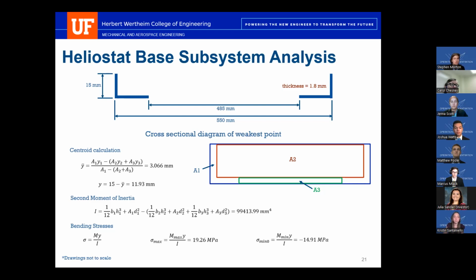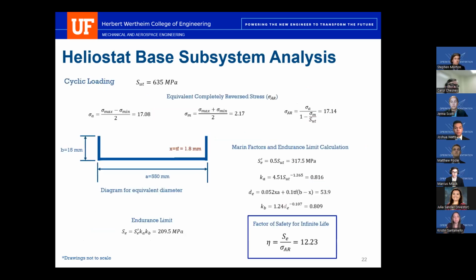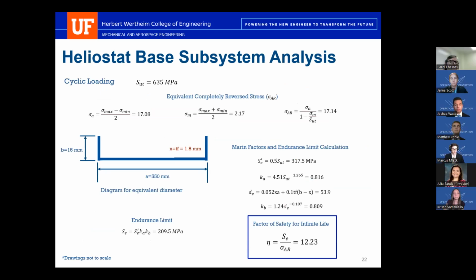We can also use the centroid and the maximum distance from the centroid to find our maximum Y value, which we use in the bending stress equation. We found a maximum bending stress and a minimum bending stress. Using the maximum bending stress and minimum bending stress, we found a mean bending stress as well as an amplitude bending stress. Since it doesn't reflect perfectly around the time axis, an equivalent completely reversed bending stress was found to